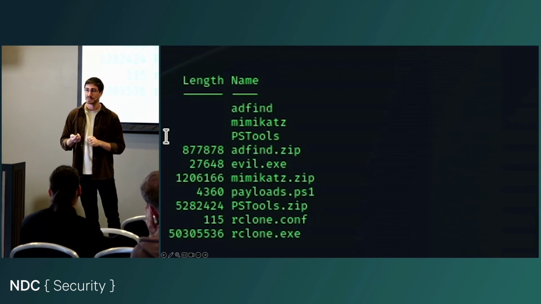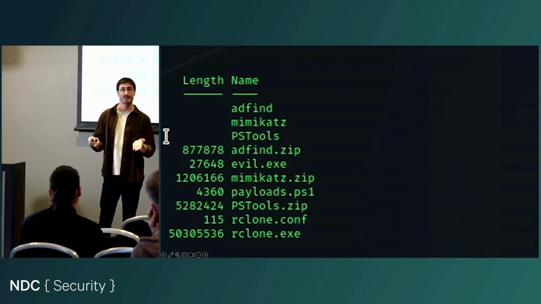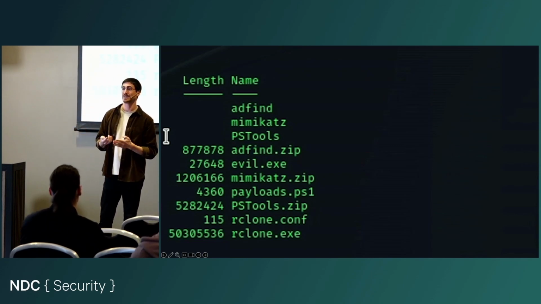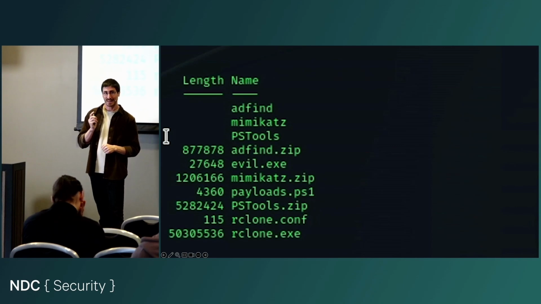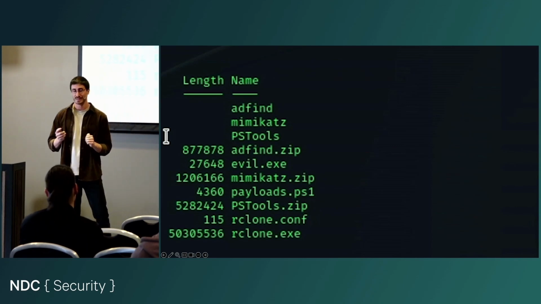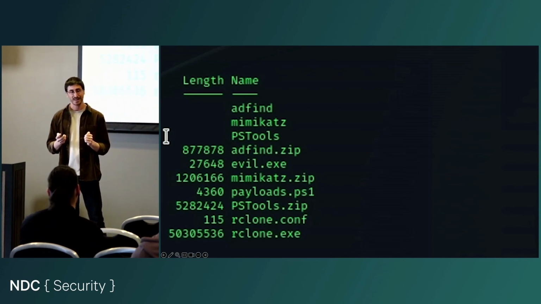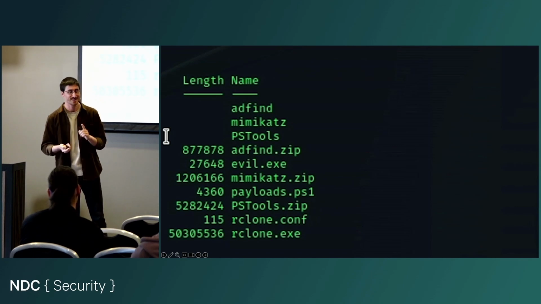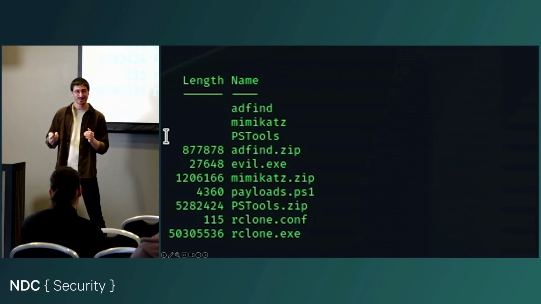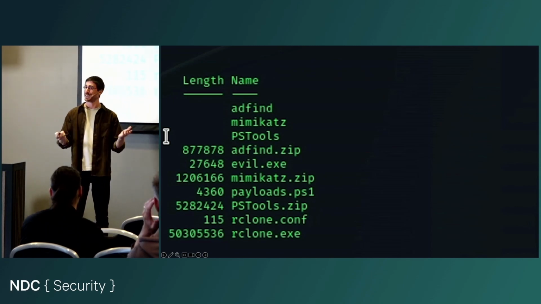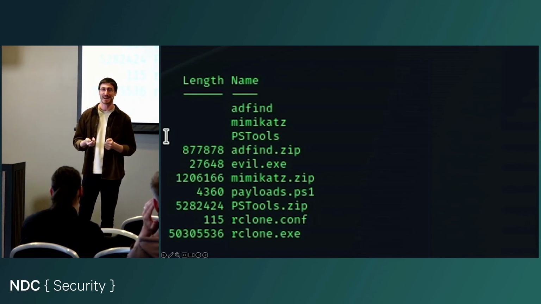There's PsTools. This is a suite of tools that's, again, 20 years old. It includes PsExec that is used for running commands from one computer to another. Evil.exe. She feels comfortable about having indicative names on files because she knew about this presentation, and she knew that I'm going to switch off all security mechanisms, and also it's easier from an educational point of view. Evil.exe is a piece of malware that she's crafted herself. And